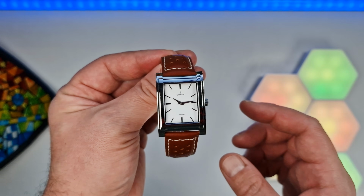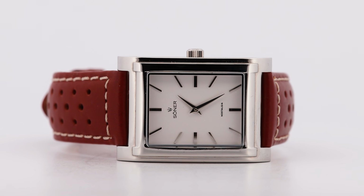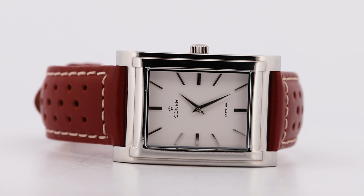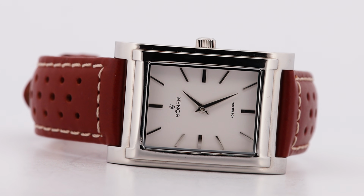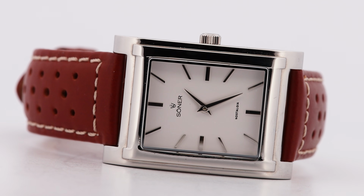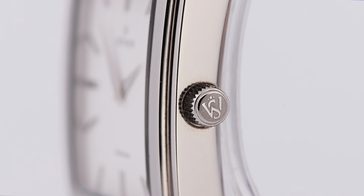But here in the Nostalgia, and indeed in all the Söner product line, it is beautifully subtle, and that Art Deco is characterised by its geometric shape, in this case the rectangle, with a symmetrical pattern of the dial, adding to a very streamlined and modern aesthetic of the case. And also Art Deco was represented in the angular profiles with minimal ornamentation, reflecting the sleek elegance of the Art Deco era. You have a very dainty push-pull crown here at 3, very small indeed, and sports the logo engraved